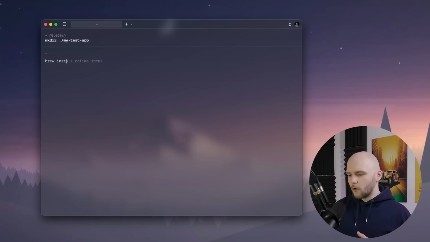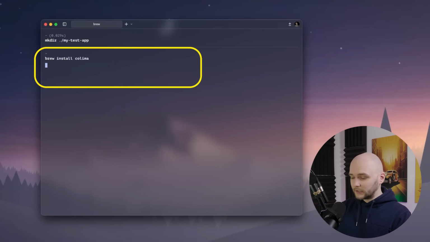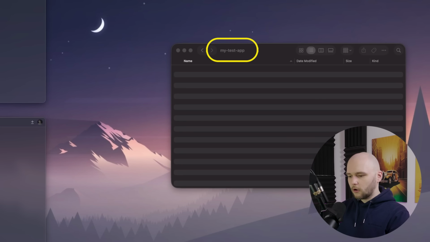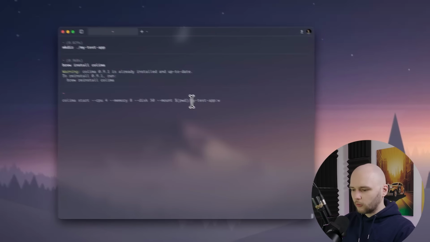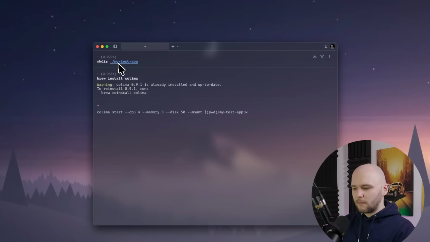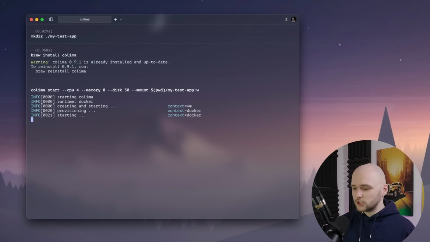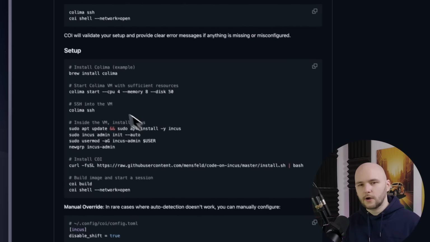So first and foremost, make sure you have downloaded Colima. And on the right over here, I have set up a simple folder called My Test App, where we will store everything that Claude Code produces through our Incus containers. So now let's start a simple Colima instance, and we will pass the mount flag to allow writing permissions to the folder that I just created. Once we've done that, we will SSH into our Colima container,